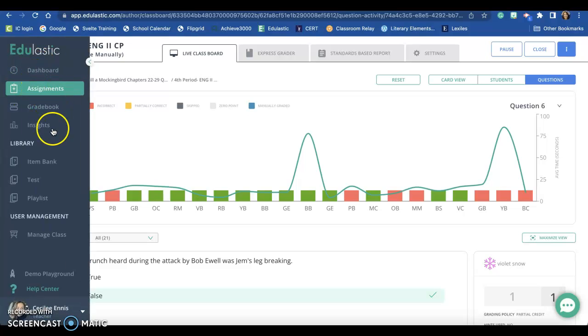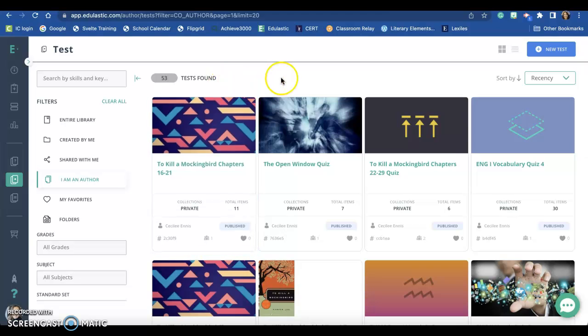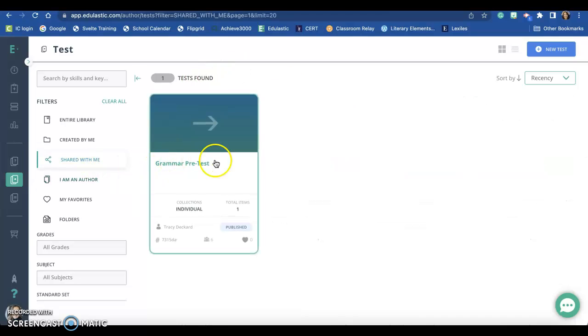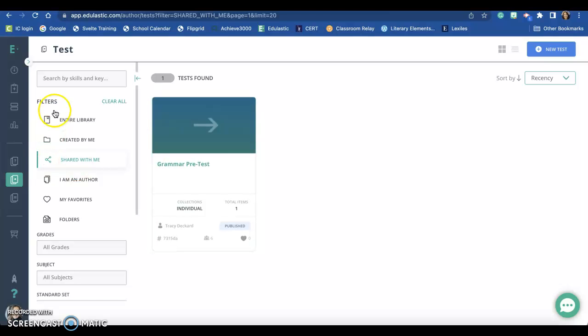You also have gradebook, and the most important thing to me, this is where we have our tests. These are the 53 tests that I've made so far. You can also have them shared. This is something I want to come back to in just a minute, this specific test. So like in my collaborative class, that teacher made this assessment and sent it to me, and we did it